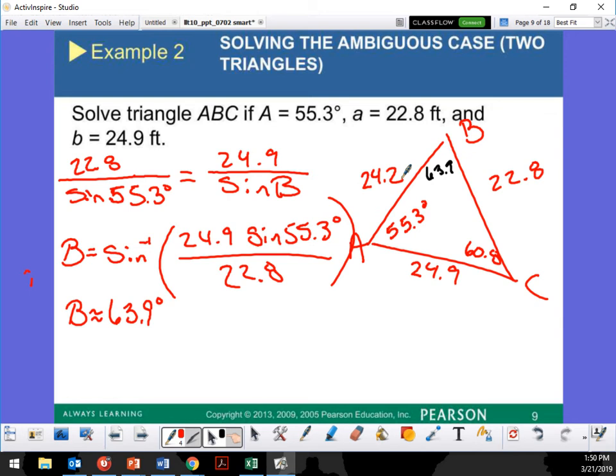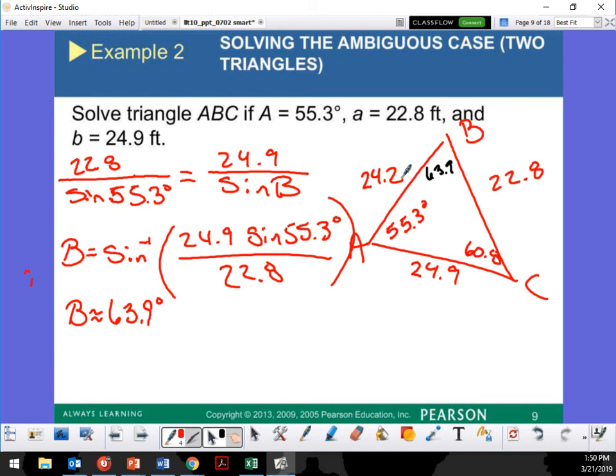Now, do the sides and angles match again? Let's see. It's not the smallest. My largest side is... largest angle. Largest side, largest angle. Smallest side, smallest angle. Medium side, medium angle, right? So those work. So in this ambiguous case, we have